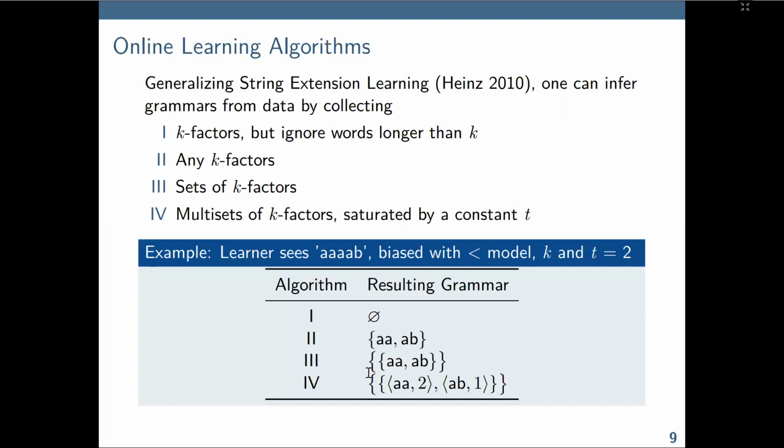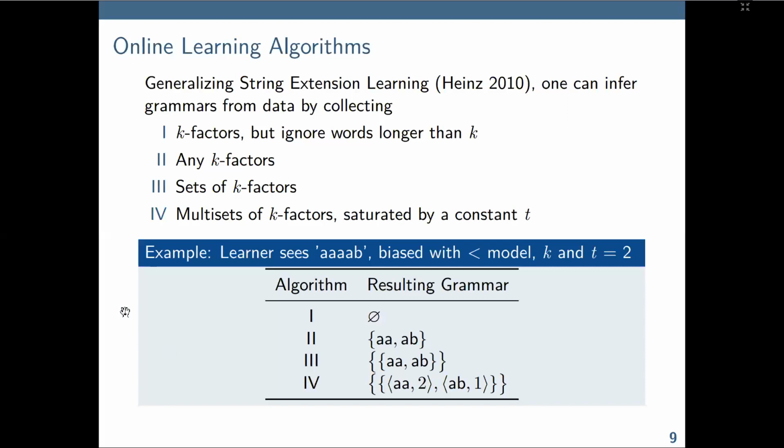Algorithm 4 now does count the items in the set and says, okay, I did have this set where I see AA twice, and I have this set where I saw AB once, and so it arrives at the following grammar. So you can see that by varying the choice of the algorithm, the learner over these various model signatures uses the way that it extracts the factors in order to make more distinctions between the elements in the grammar. So these learners are, in a sense, more complex with respect to each other. They increase in complexity.